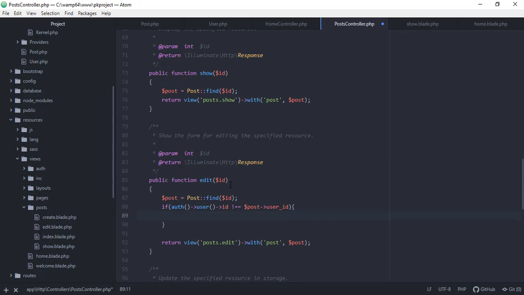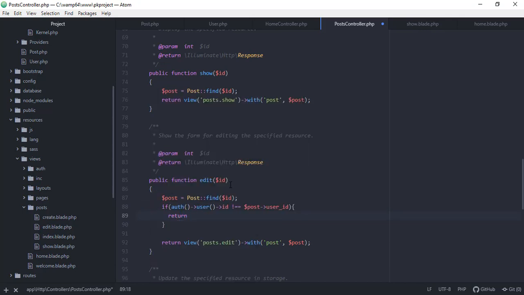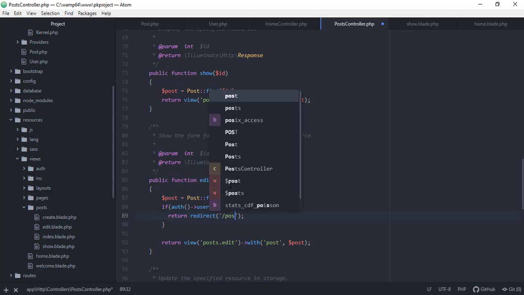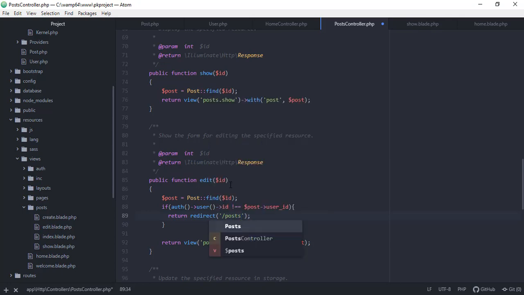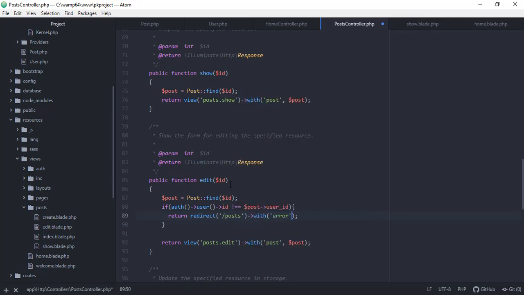If he's not the owner of the post, it should return redirect, and then we need to pass in the post. It should redirect to the post page with an error message. So error, and then it should say unauthorized